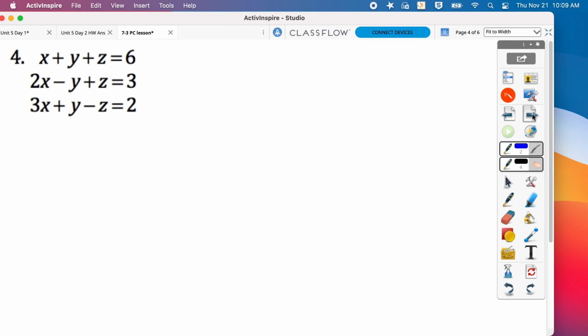All right, number 4. All right, again from the beginning. Pause it, write the problem down, unpause it so you can get back to where I'm talking. We need to pick a variable to get rid of. Looking at this problem, if I had to get rid of a variable, I would probably not get rid of the x's. That seems like too much work, but the y's and z's being 1s and negative 1s are going to be good. So we're going to cancel